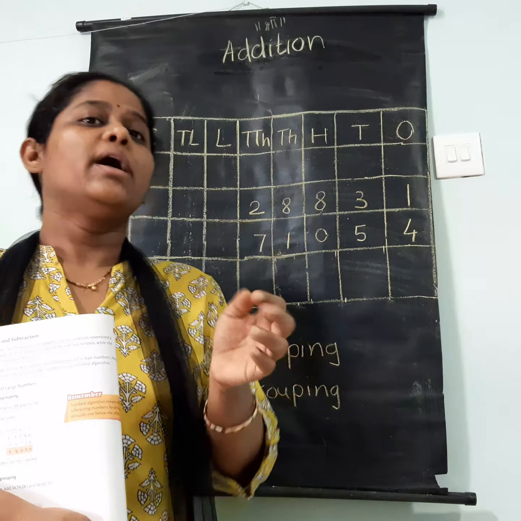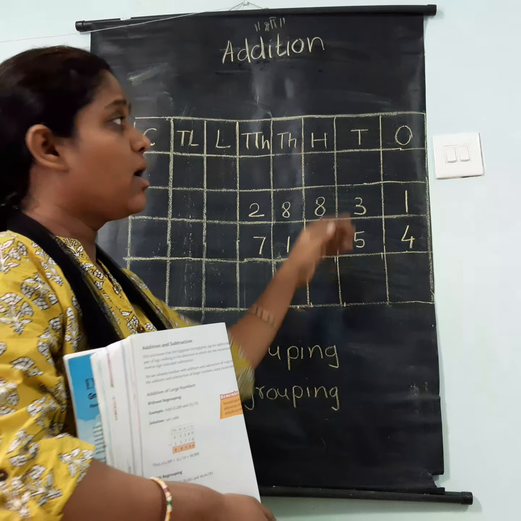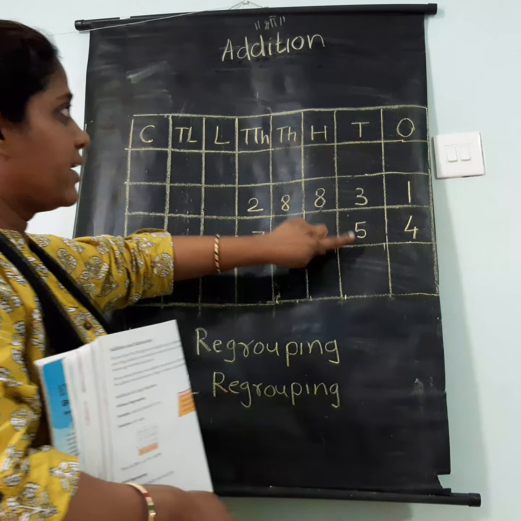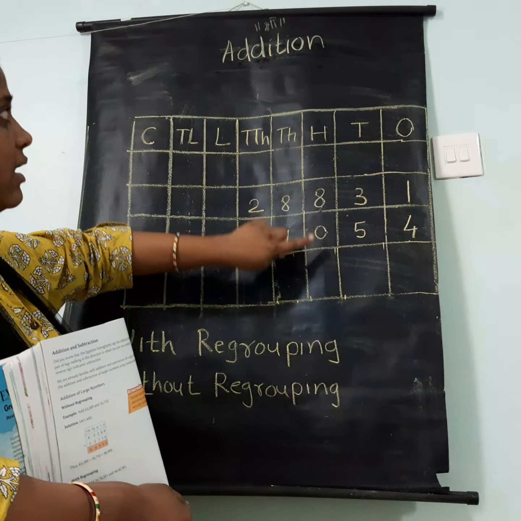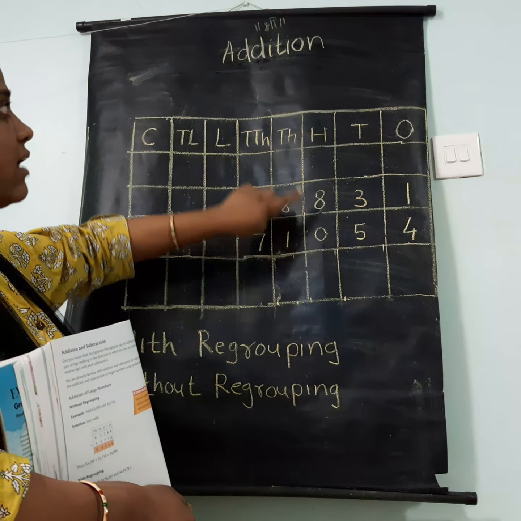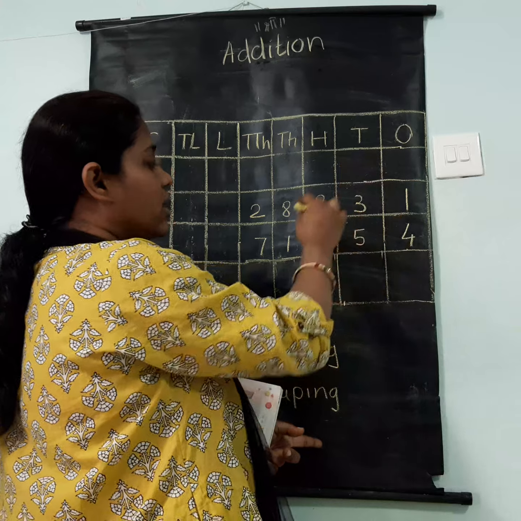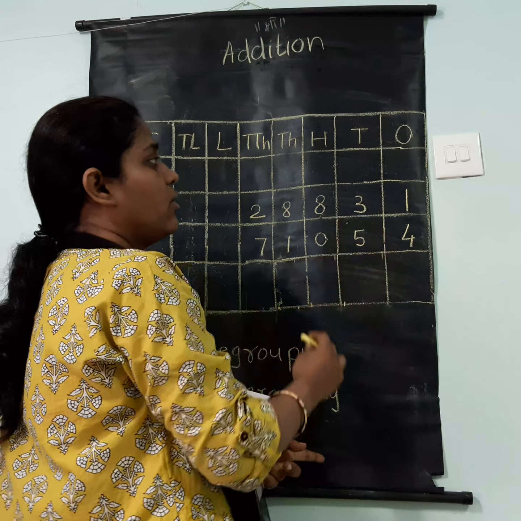I told you, first write the place values. Below that you will copy the sum. Ones below the ones, tens below the tens, hundreds below the hundreds, thousands below thousands, 10,000s below 10,000s. This step is done. Now I will start adding the numbers from the right. First I take the ones place. Now because of the place values, I got the columns. So column-wise I will go and add.